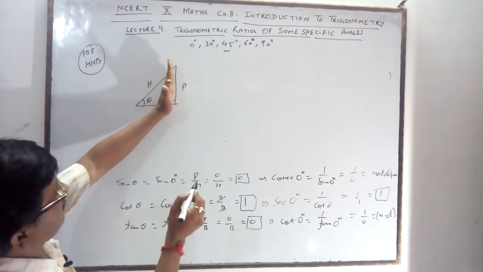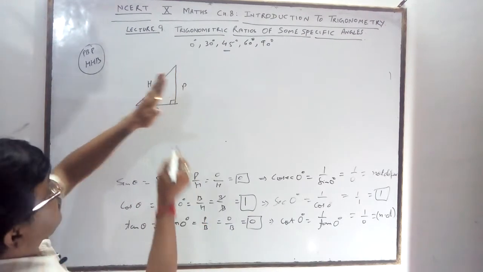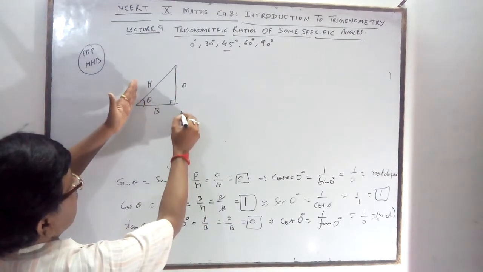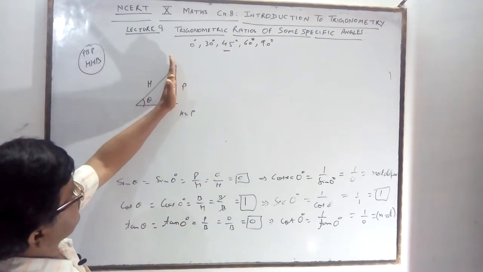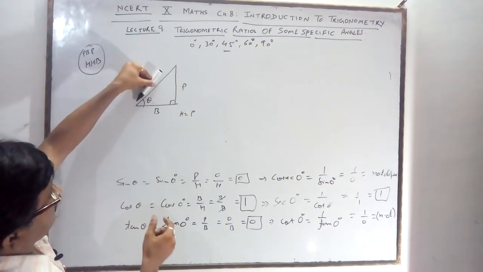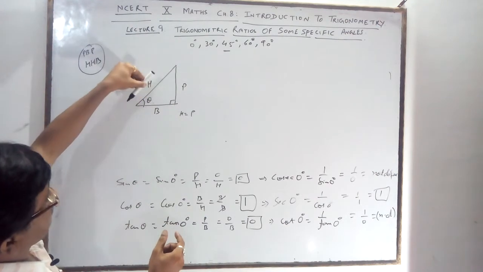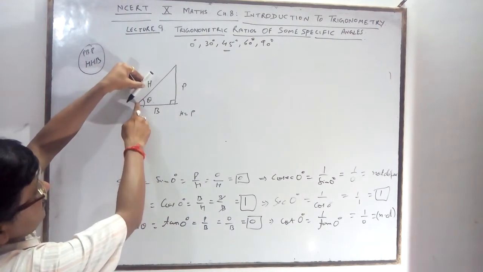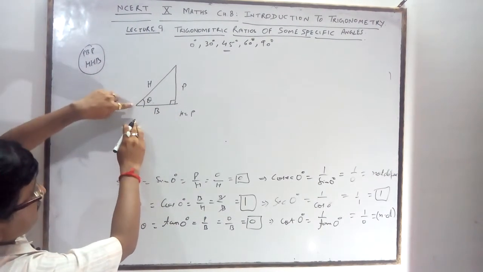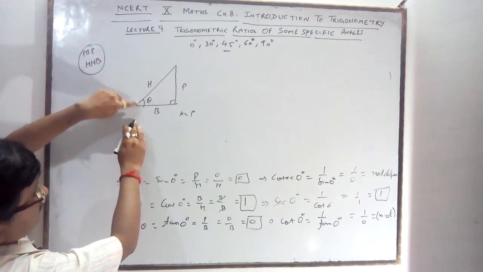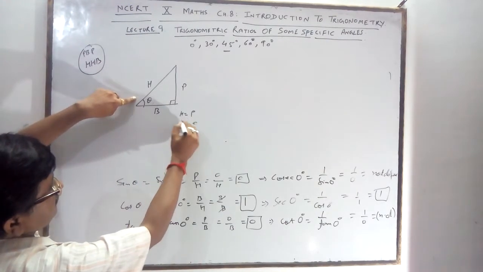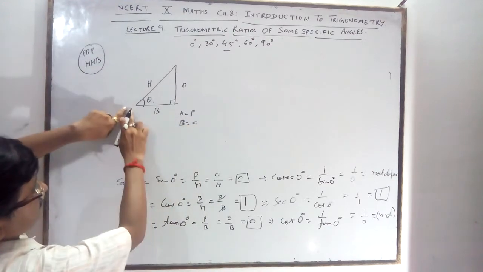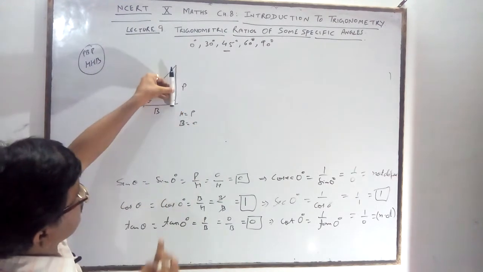And one time will come when theta becomes 90. Then the hypotenuse will be on the perpendicular. Earlier it was here, now it is going like this. You are reducing both things from this side, cutting the base, and the base becomes 0. Base will be reduced to here, parallel to the perpendicular, and only then it is 90 degree.